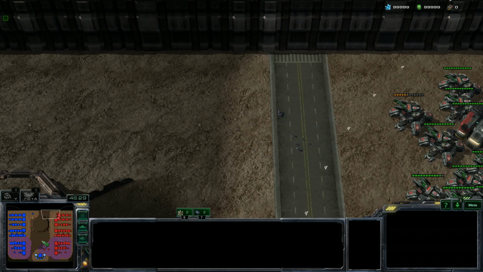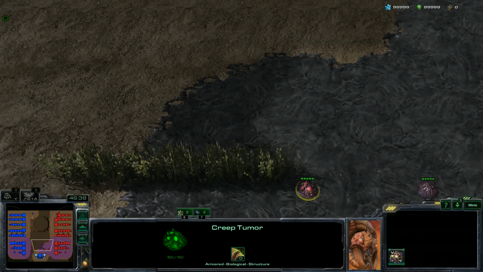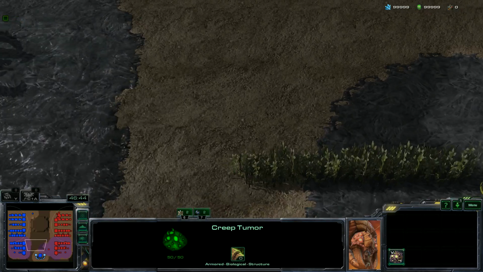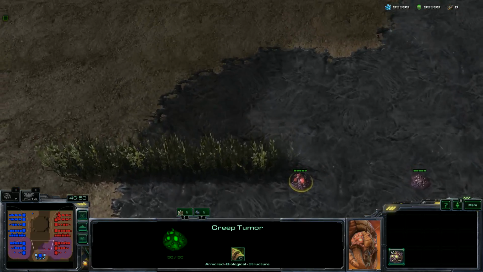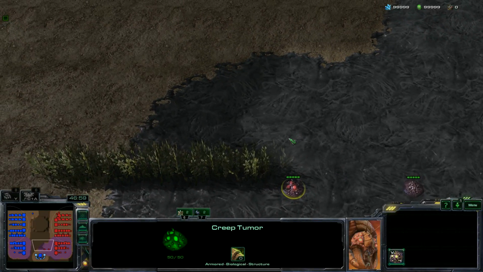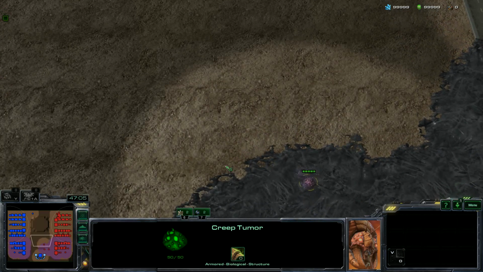The other thing that we can do is a little bit less known, but we can use it to spread creep. So let's set a camera over here. You want to set the camera wherever you're going to be spreading the creep, with the creep tumor at the bottom or the side. So if we were spreading the creep this way, we'd set the camera like this. If we're spreading the creep down, we'd set it like this. Up, we'd set it like this. But we're going to set our camera. There it is. We're going to spread the creep, reset the camera,